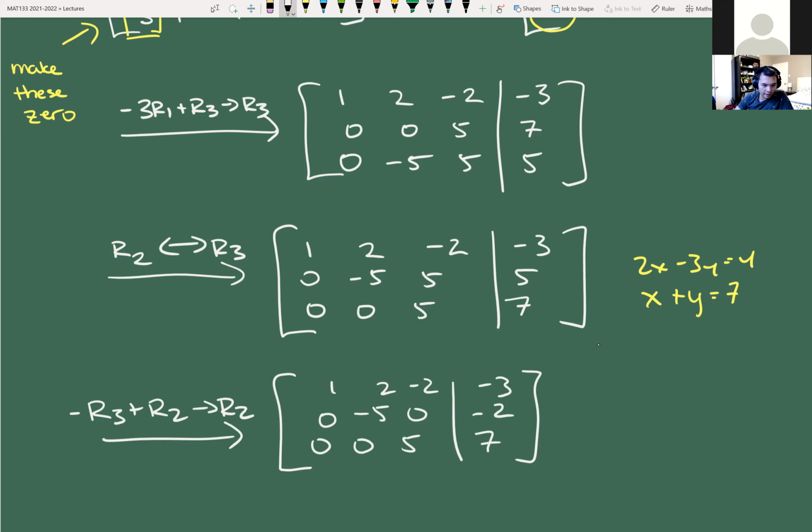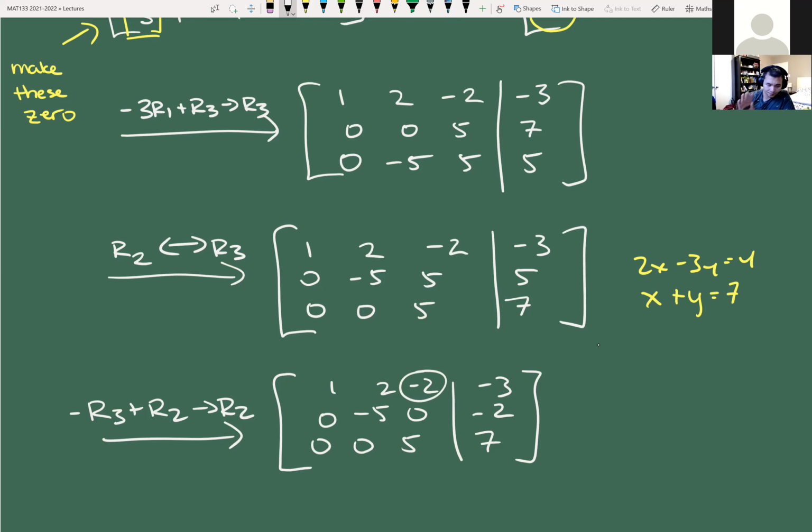Does everyone see what I did there? So now I've made that a 0, and eventually I'm going to have to go to fractions, right? There's no avoiding it. We know that because we know what RREF looks like. We know it has fractions in it. But by doing this step first, I've actually saved myself a little bit of a headache in adding fractions by making it 0. If there's an easy way to make the number 0 before having to involve any fractions, you should. Now I'm looking at the next number and I'm saying, okay,